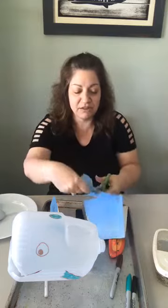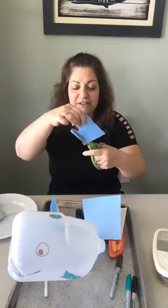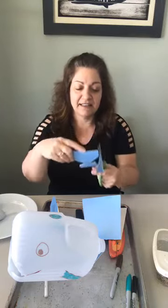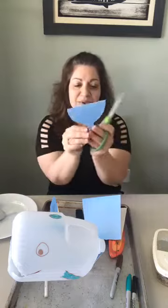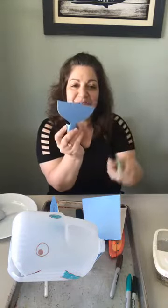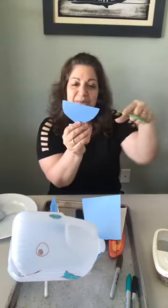Let me show you what that looks like. It's going to kind of look like a vase at first. You can see like a stemmed vase, kind of like that. This tab here is just so it can fit into the opening. And so I've got the tail here. I'm going to give it a little tiny point in the center because there's usually an indentation in the top of the